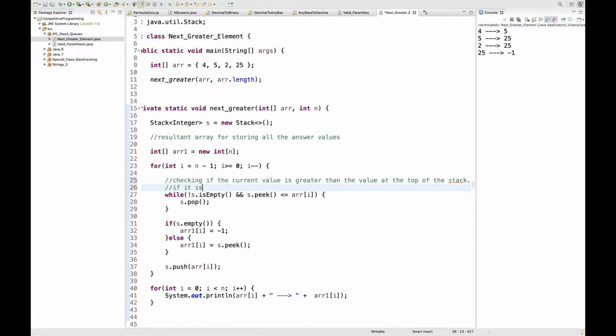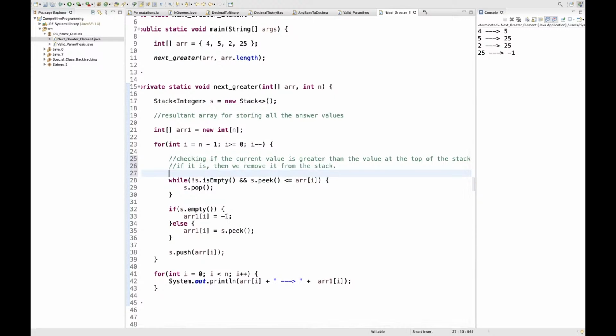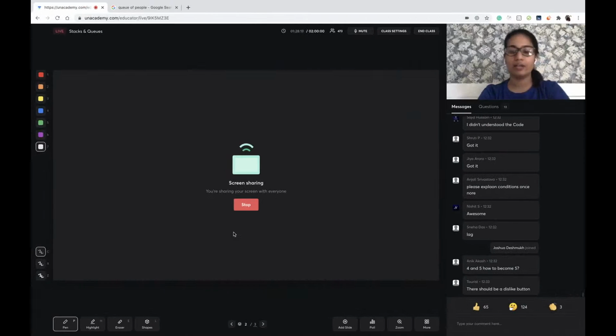If it is, then we remove it from the stack, ठीक है. And -1 if it is the greatest value, otherwise we will put the value here.